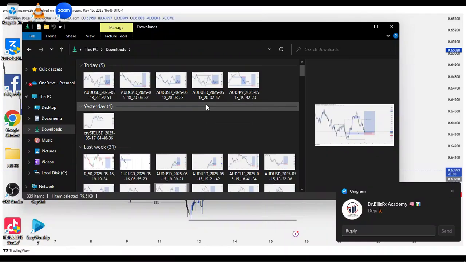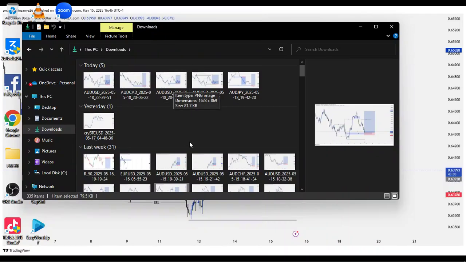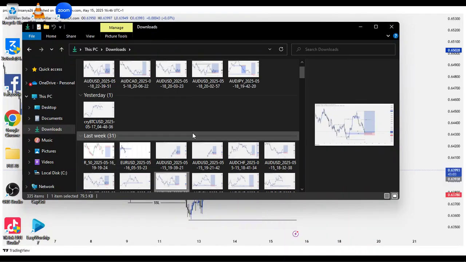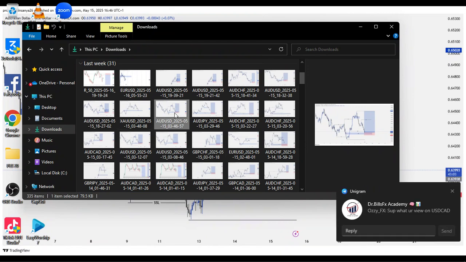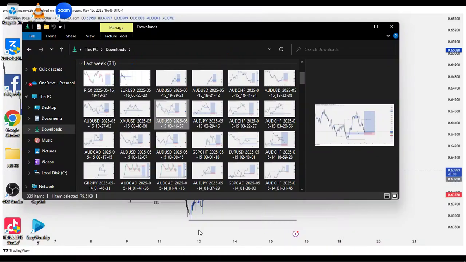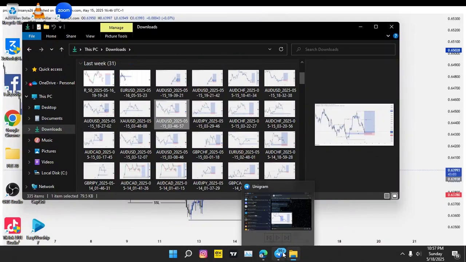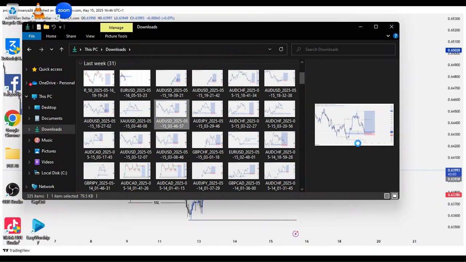I want to open this to full screen. I don't know why it's not going. I'm trying to put this at full screen so you guys can see the setup how it previously was